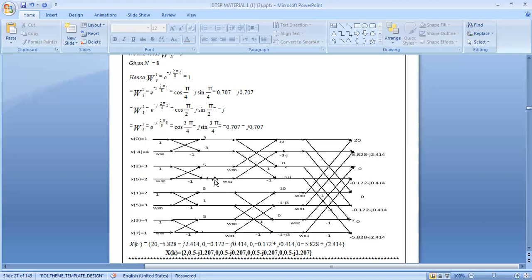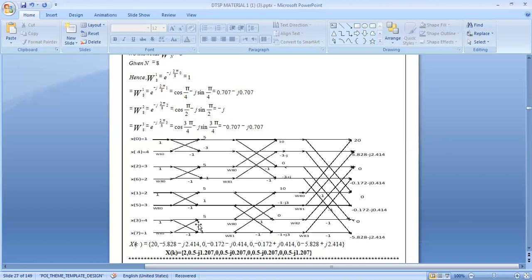Okay, we have to multiply with the twiddle factor over here. What is the twiddle factor of W8 power 1? It is to be minus j. So W8 power 2 will be minus j. So we will be getting minus 3 minus 3. Next one, 5 minus 5 will be 0. The next factor will be minus 3 plus j. So this will get over.